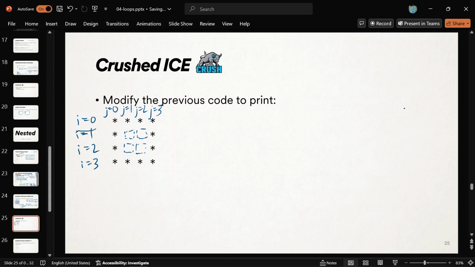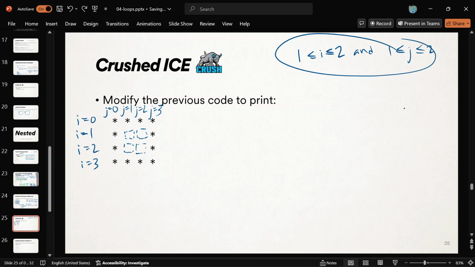I noticed that, all right, when i is 1 and j is 1 or 2, or i is 2 and j is 1 or 2, if any of that's true, then I'm printing a space rather than a star. Yeah. So that's kind of what needs to change. When is it true that I want to print a space versus a star? Well, I want to print a space when i is between 1 and 2, that's the mathematical way of writing that, and j is between 1 and 2. If that's all true at the same time, do you see how that means I'm in the middle here for the way that I wrote the loop before? So if that's true, then I know that I'm in the middle.